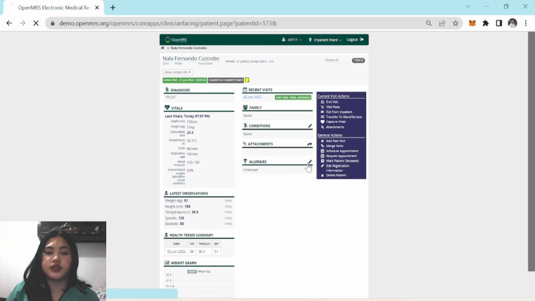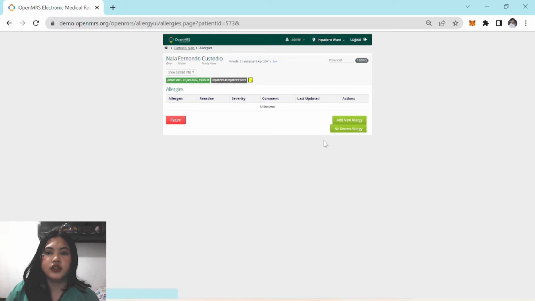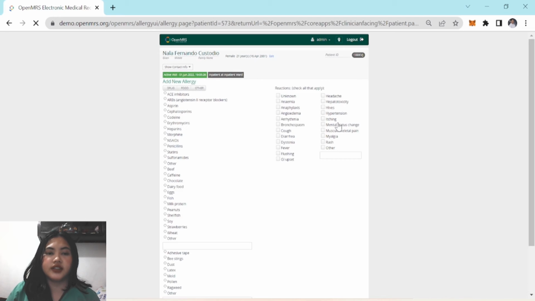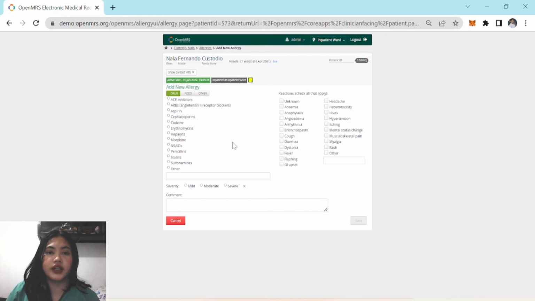And then now let's fill in this section, the allergy section. So unfortunately, my patient has a food allergy and it is moderate, and the reactions that she experiences when she has an allergy are headache, itching, rash, and then also fever. Okay, so after that, we're going to save this one,